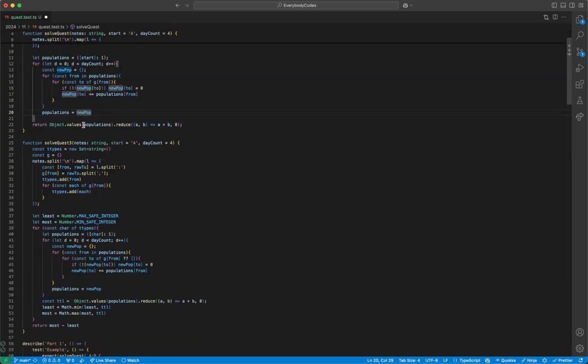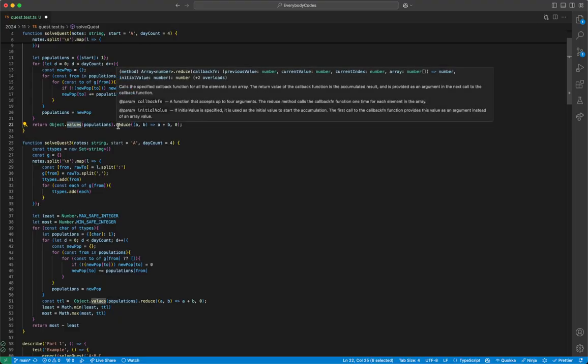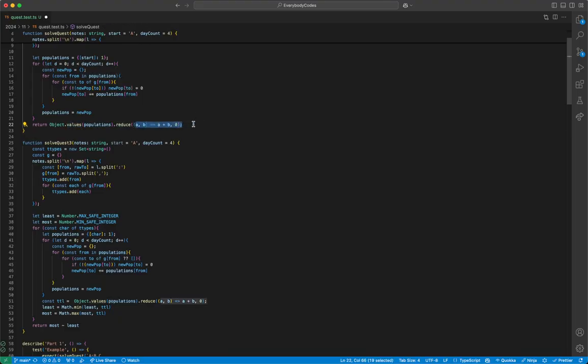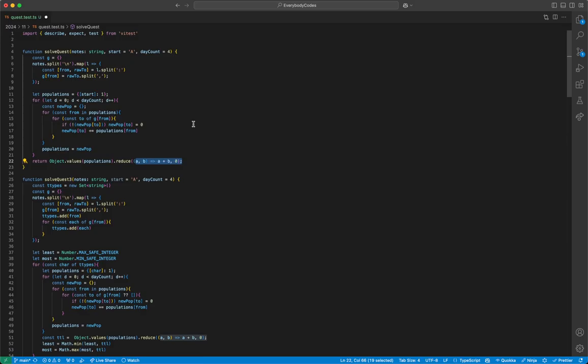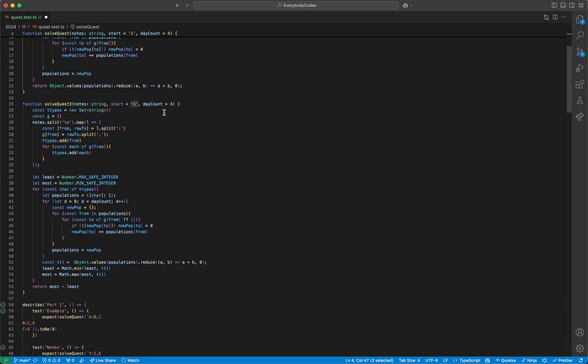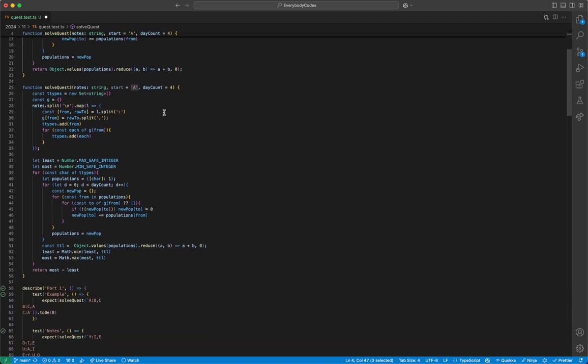The last bit is going through all of these counts. We just want the counts, so we do object.values, and we sum all the numbers in that array. This works for quest 1 and 2, because you only change the day count, you only change the starting bug or termite. For day 3, or quest 3 rather, it was the same, but I wanted to keep track of